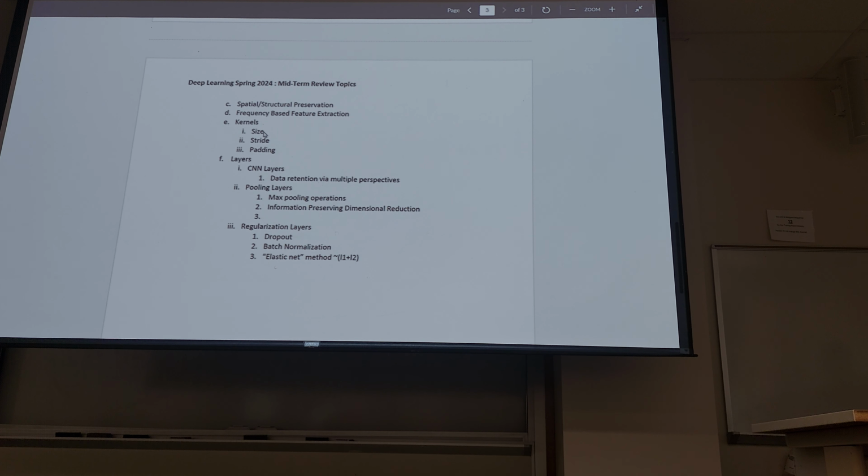Because what happens whenever a kernel of a certain size is taken into consideration, it cuts off some of the edge, all right? How much does it cut off? It cuts off rounded down from half of the size of the kernel, right? So if it's a 3 kernel, it cuts 1 off going in and 1 off going out. So you're going to reduce the dimensionality of the input based upon the size of the kernel.